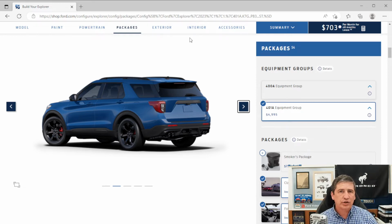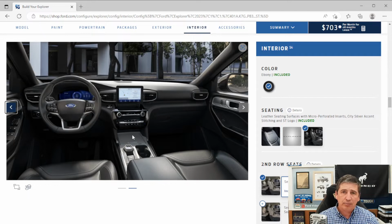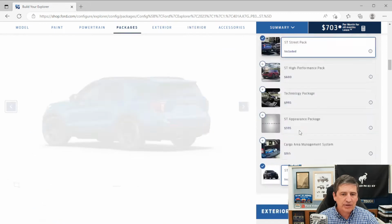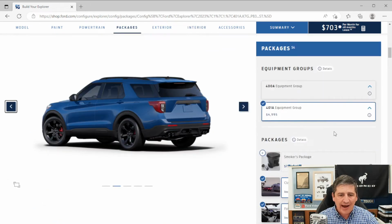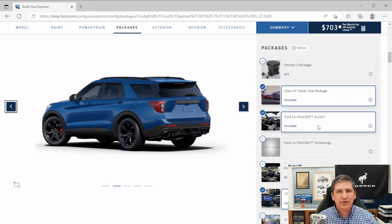Also, you get the wireless charging pad. So down in that media hub area, you're going to get that wireless charging pad. So that way you can go ahead down in here, so you can put that phone down in there and wirelessly charge your phone while you're driving. So that's all included as part of the high package. As you can kind of see if we go to these packages, so that's all included, what we call the high package for this. And now I want to play a couple clips of two videos, or two clips, one